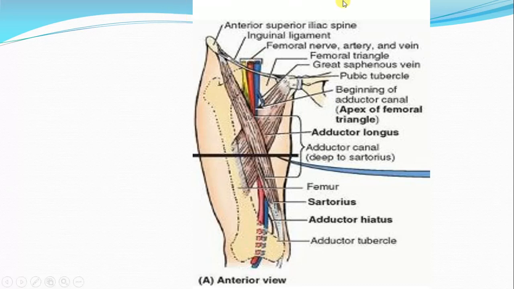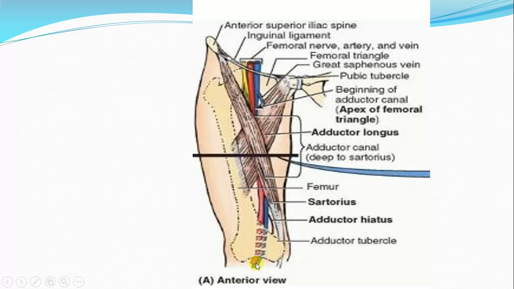So here, I see this finishes the femoral triangle. And this is adductor magnus, and here is lying the sartorius. So this canal should be hidden below the sartorius muscle. And here should be the adductor magnus muscle. Here is the adductor hiatus, and that is a hole in the adductor magnus. And by passing through this, the vessels, femoral artery and vein, go into the posterior side in the popliteal